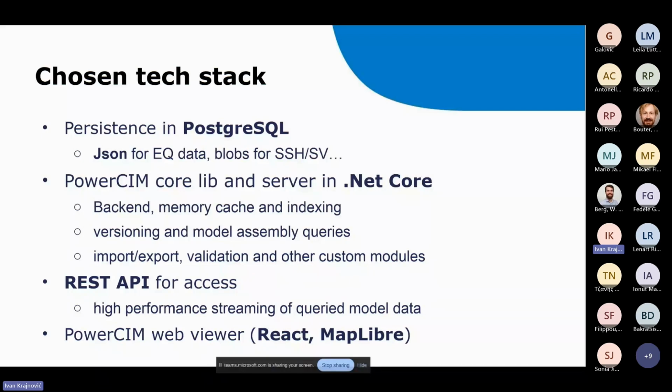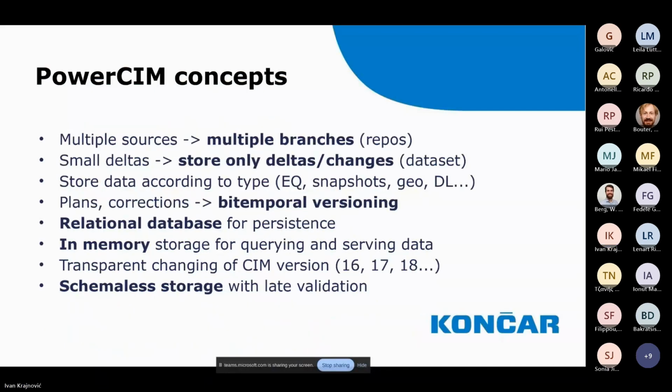And we have a web viewer app that we mostly use for testing and administration because this is a machine-to-machine system. You mostly talk, GIS talks to SCADA through our repository. You don't need really your own front end. You don't enter data in our system. You enter data in SCADA, in GIS, whatever, but you can view the data as you will see in our app. And okay, some of these concepts we already went through.